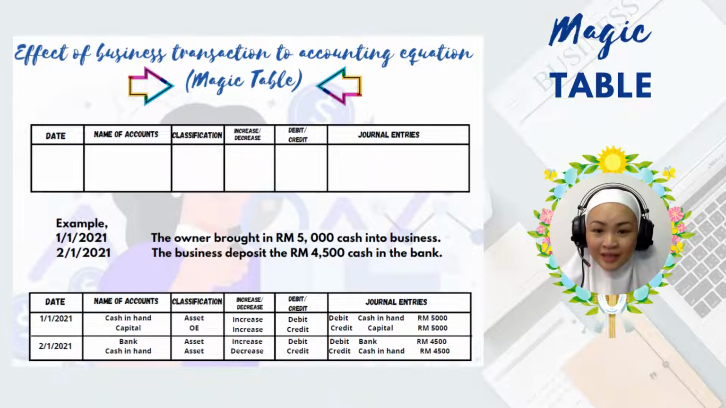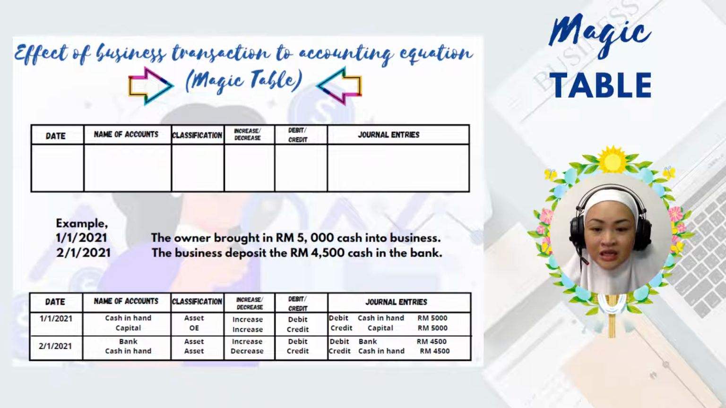Next is the magic table. The magic table is related to the effect of a business transaction on the accounting equation. From this magic table, you can see there is a date column, name of account, classification, increase or decrease, debit or credit, and journal entries. By using this magic table, starting from the accounting equation, students may easily identify